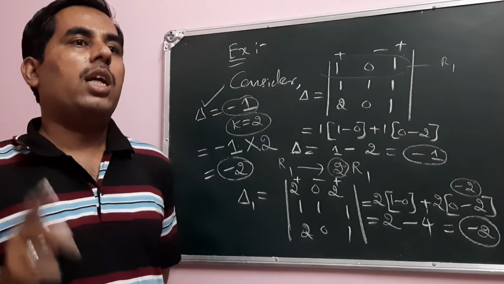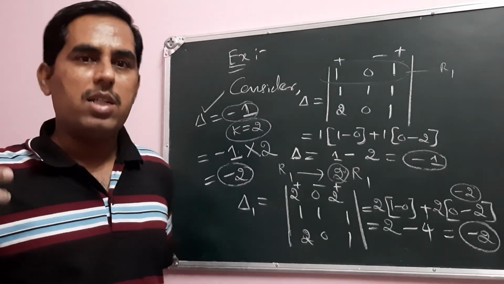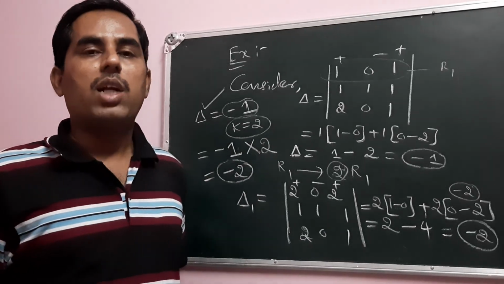So I think, including previous classes, 4 properties are over. Let us consider the remaining properties in the next class. You write down the proofs correctly. We will consider the rest in the next class.